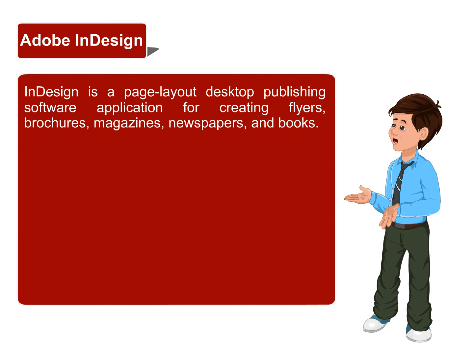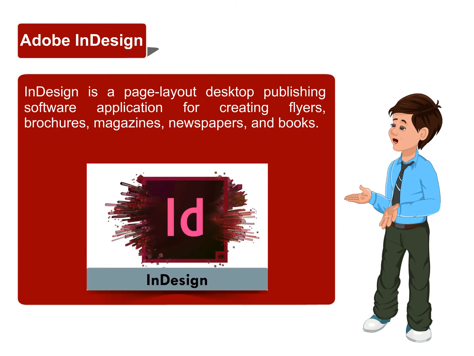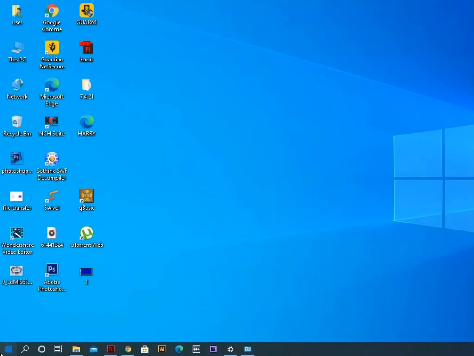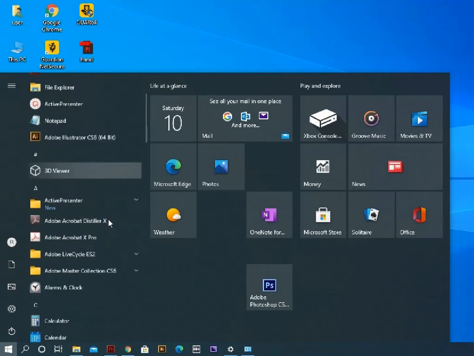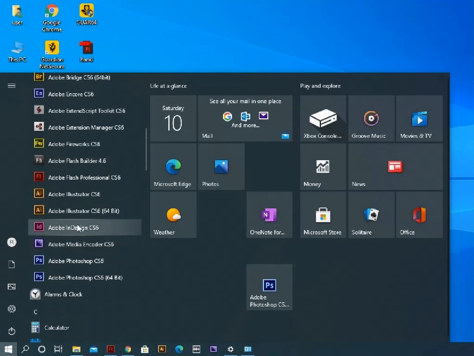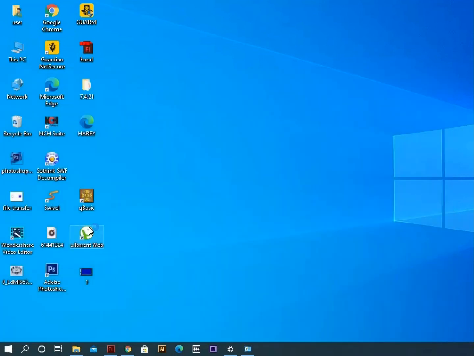Adobe InDesign. InDesign is a page layout desktop publishing software application for creating flyers, brochures, magazines, newspapers, and books. Starting Adobe InDesign CS6. Click on Start and select All Programs folder. Choose Adobe InDesign CS6 from the list of options. Now the InDesign CS6 window will appear as